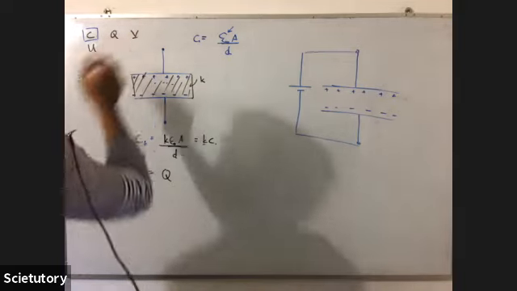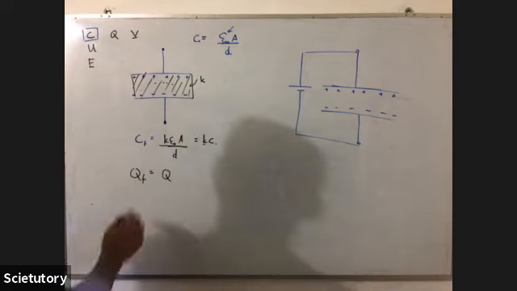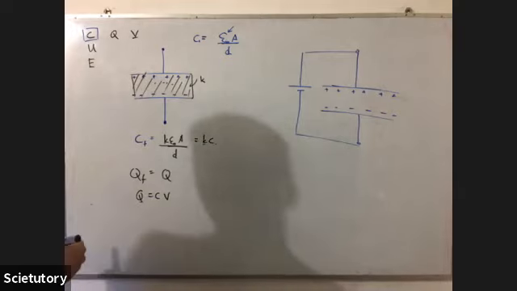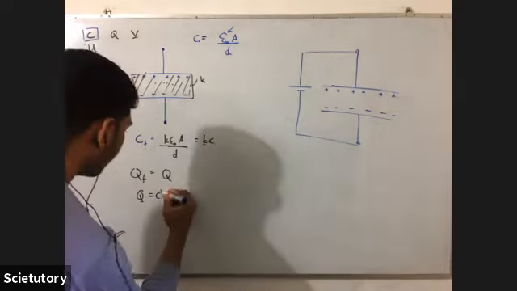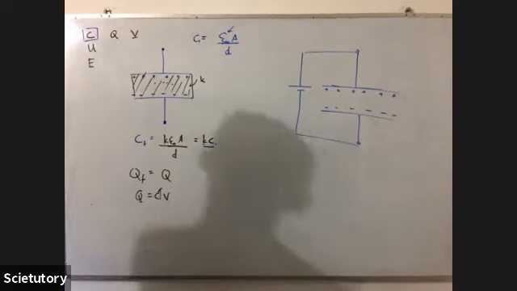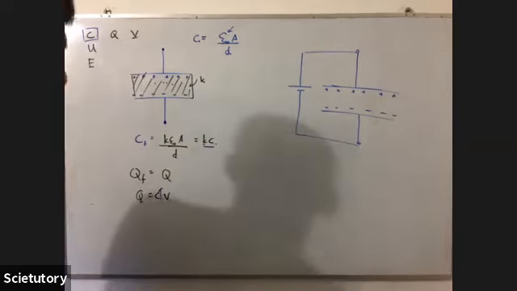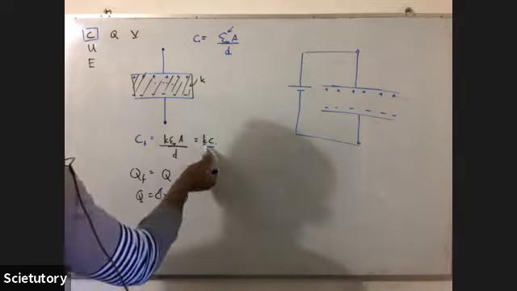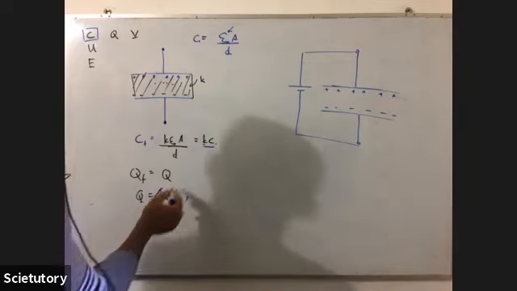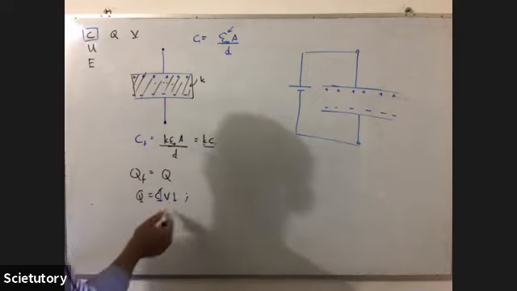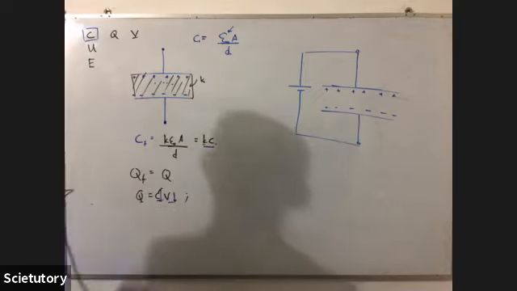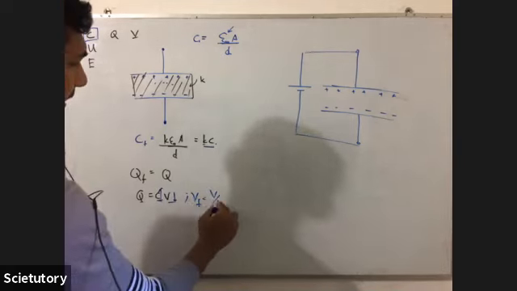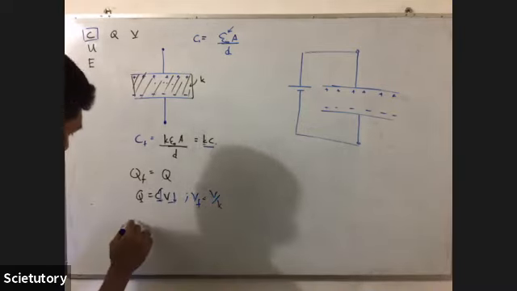Then what about V? You know the equation Q equals CV. Q is a constant, and C is increased. So what's going to happen to V? It should decrease. By which factor? By the factor K again, because C increases by K times, so V should decrease by K times. So the new V final is V by K. Am I correct? Okay. So what do you think about U?